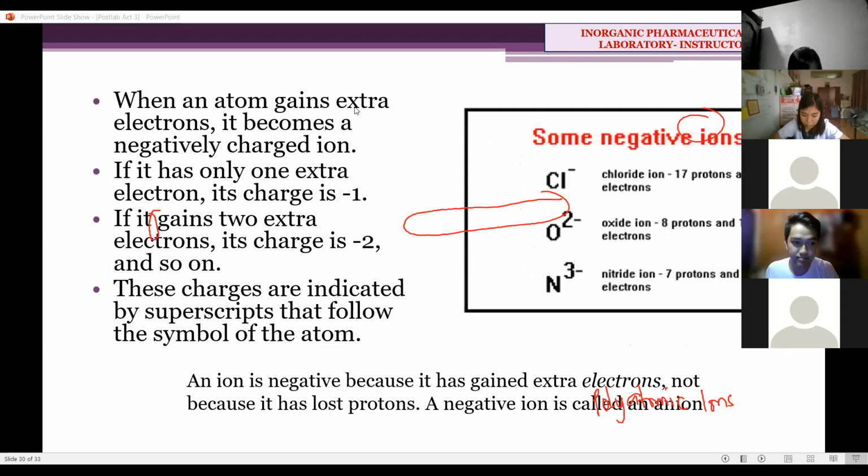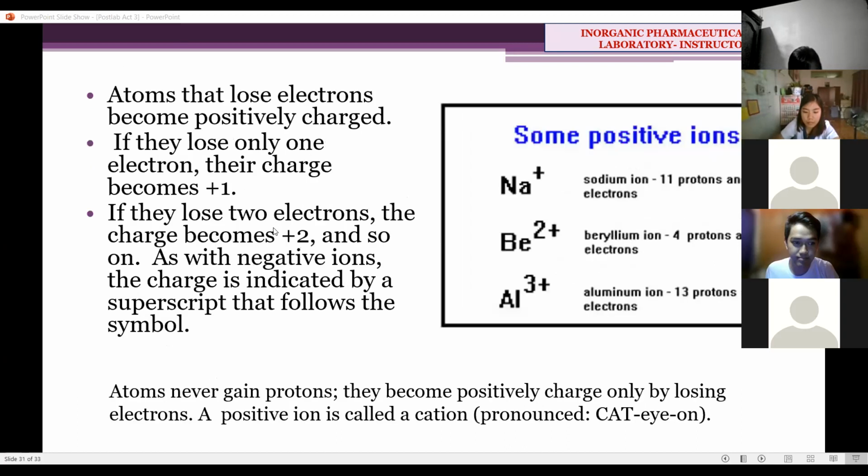Okay? So what happened? Sa mga anion, nahimo silang negative ilahang charge because the atom gains electron. Dapat inyong tandaan, pag nag-gain og electron, ang atoang element, magkaroon na siyang charge which is negative. And we call it an ion. So kung nag-gain siya og isa ka electron, mao nang negative 1 iyahang charge. Or kung nag-gain siya duha ka electron, so negative 2 po ang iyahang charge and so on. So kung pila iyahang na-gain nga electron, mao na iyahang charge. Pero class, negative.